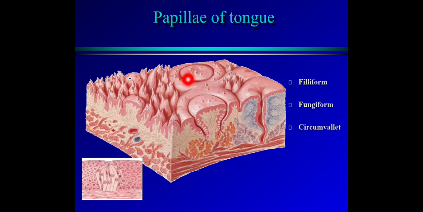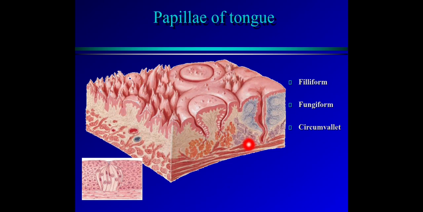And there are the circumvallate papillae, which are circular in nature. These are buried in the substance of the tongue, and these are exactly circular in nature, and at the periphery they show a circular groove. The wall of the circumvallate papillae and that of the fungiform papillae have taste buds within them. In the posterior one third of the tongue, here there are the lingual tonsils. These are the lymphoid tissue buried in the posterior one third of the tongue.